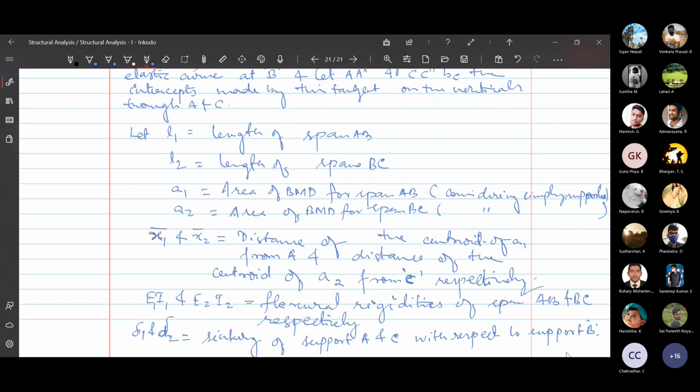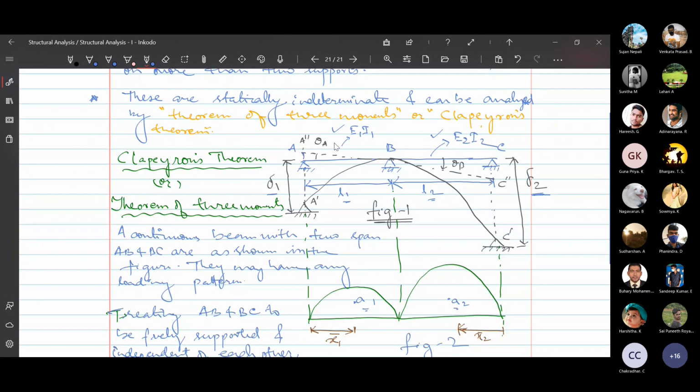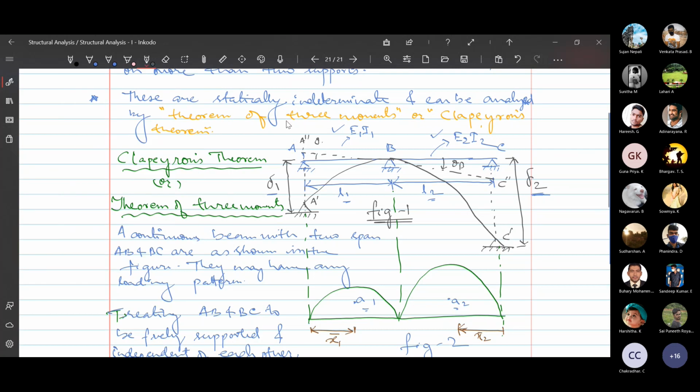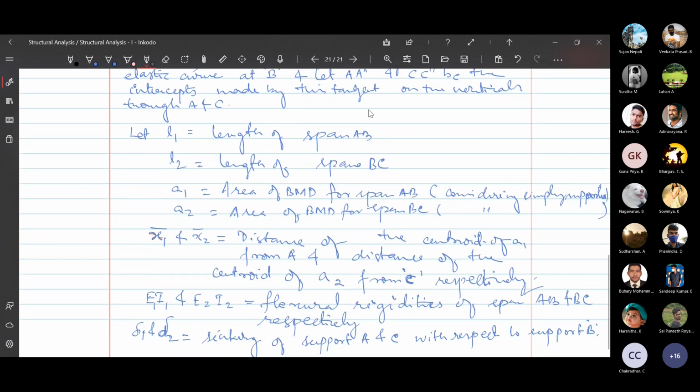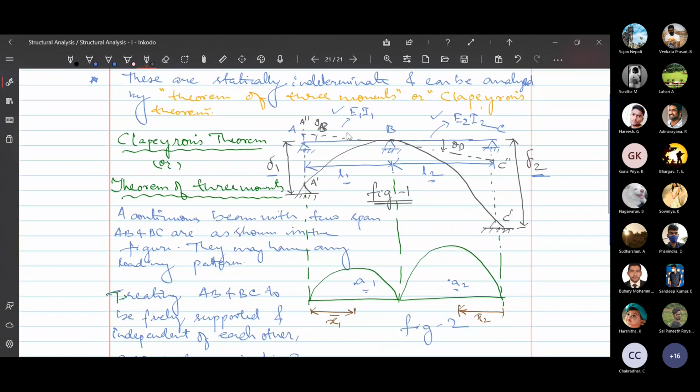Right. Sorry, here it is theta B, not theta A. Please correct this one. Both are theta B we are considering. I'll tell you why. Don't worry about that. So let's move to the next part, that is theta B.